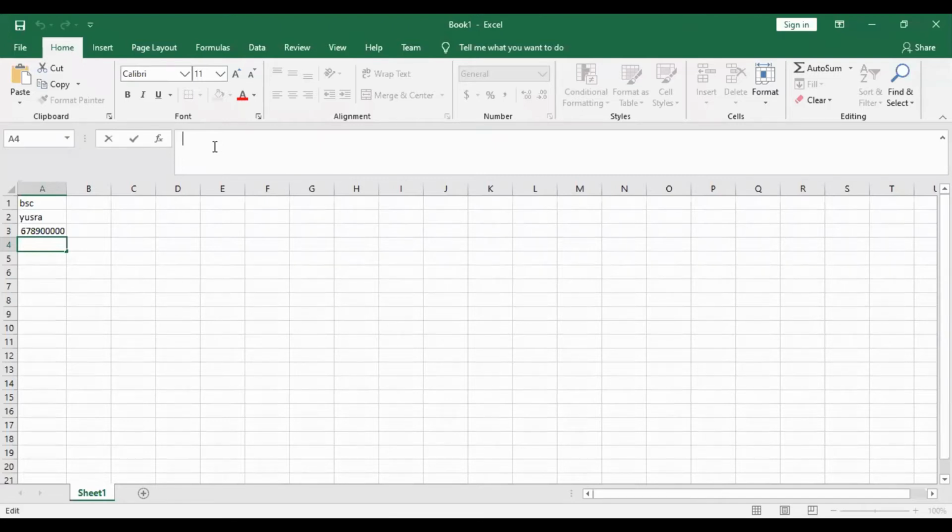If you want to modify a cell, for example if you want to modify this name, then double click on it. If you double click it, then we can easily change the cell values and cell data. And if you want to delete any cell or any other information, then we select the cell and then we click the right